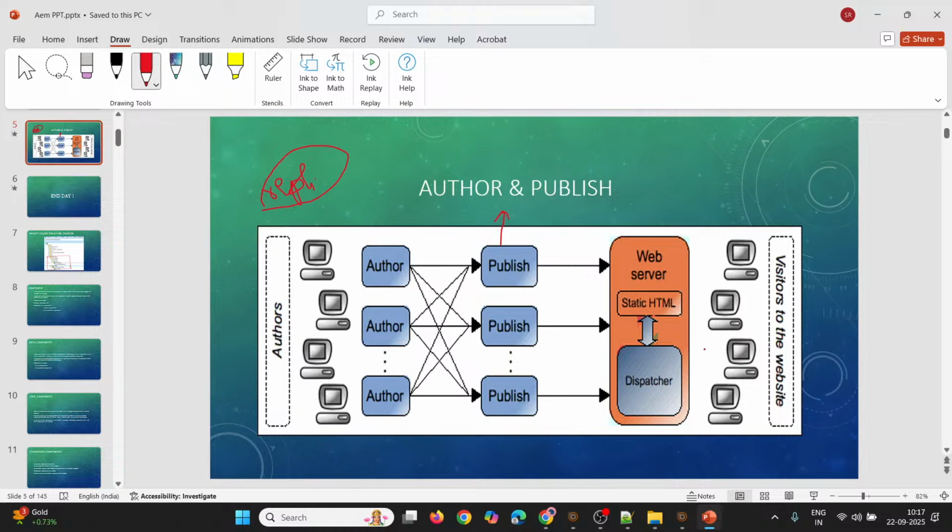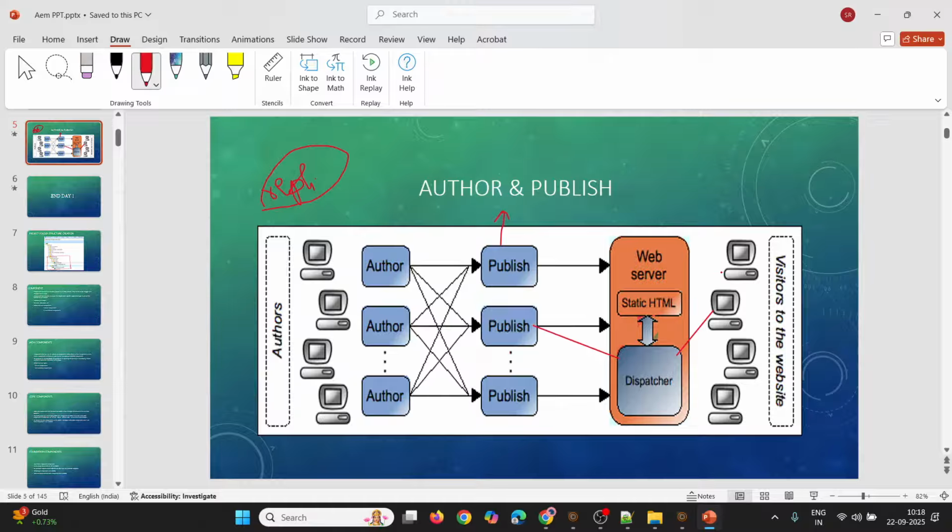Once we make a request to load a particular product or a home page, this request will be forwarded to the dispatcher inside the web server. Inside the web server, AEM gives one more configuration called a dispatcher, which will manage the load on these publish instances. It provides a lot of capabilities which we will discuss. Once the replication action has been performed, if the end user wants to fetch the content from the publish instance, the request will go to the dispatcher, and this dispatcher will go to the publish instance and